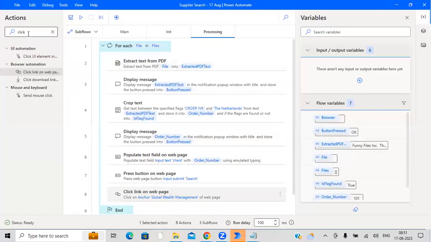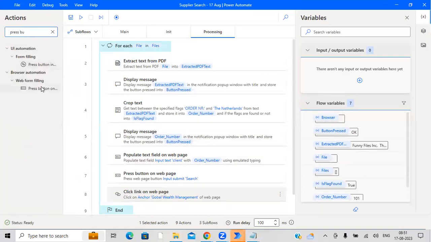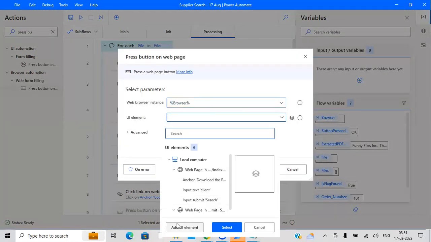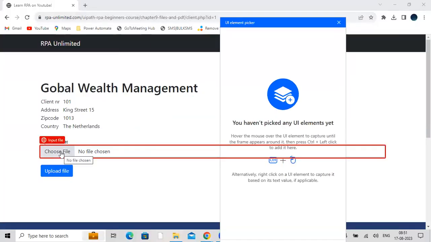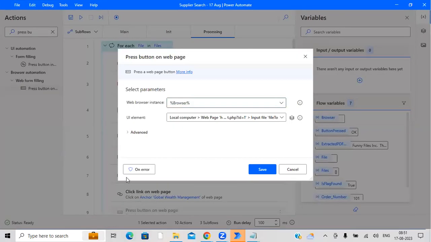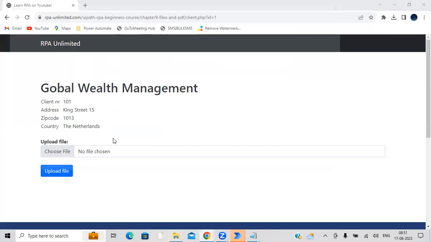So again, we'll use a press button. Press, right? So once we click on the press button here,